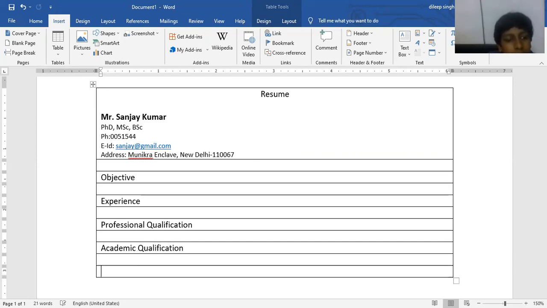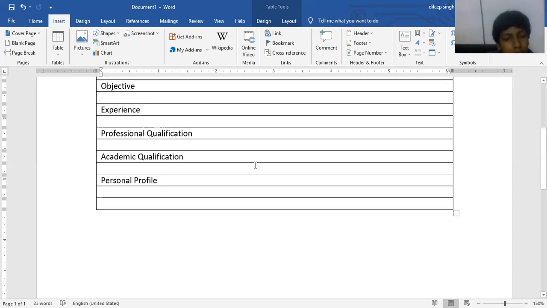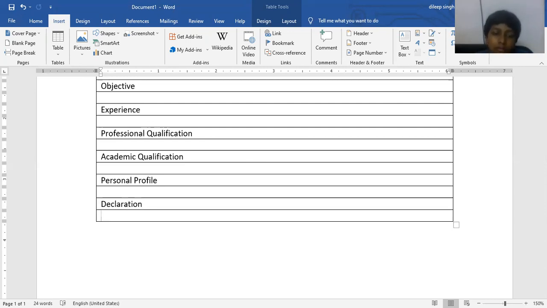And after that, using tab, just type your personal profile. Personal profile. And using tab and again tab, here we just type declaration. Like this, okay? And using tab like this.